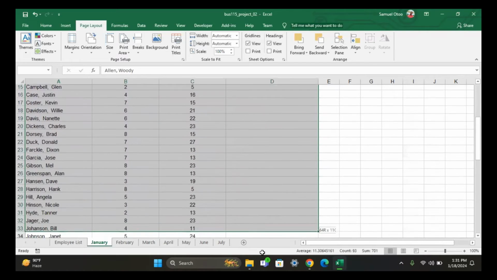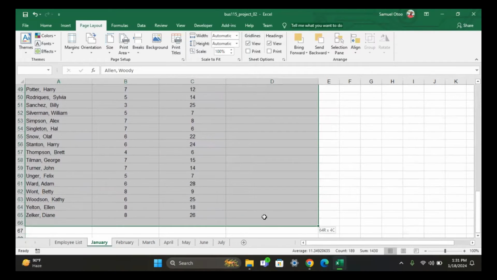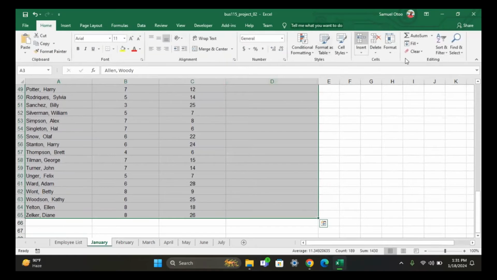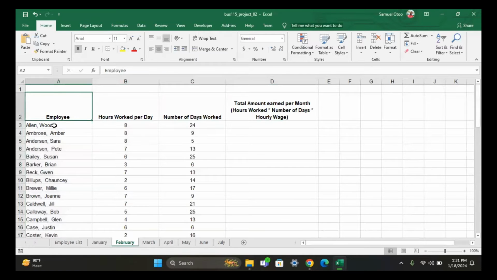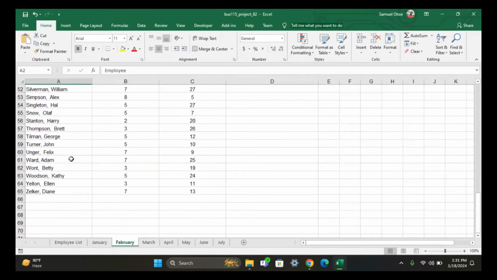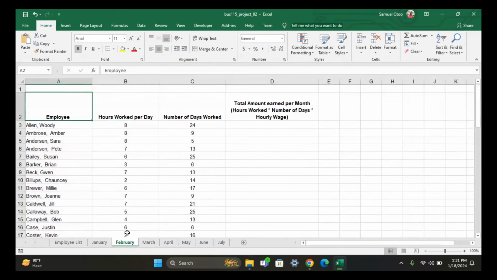select the whole passage, and then you sort it to alphabetical order. Set all of them for all the months. You can see some of the months are already set in alphabetical order, but there are some of them that are not set in alphabetical order. Like for example, April. You can see it's not set in alphabetical order. I think March is in alphabetical order. But if you are not sure, it is wise that you set each of them in alphabetical order. Okay, so let's go to